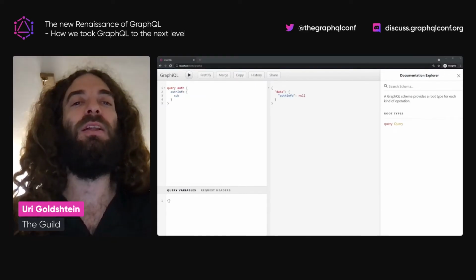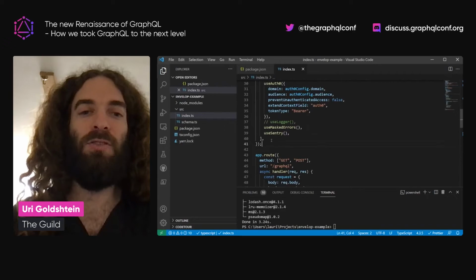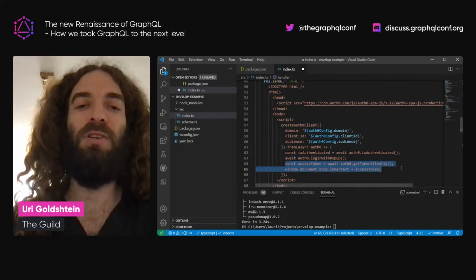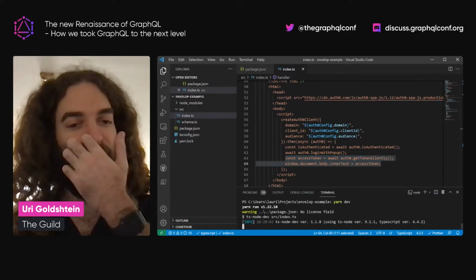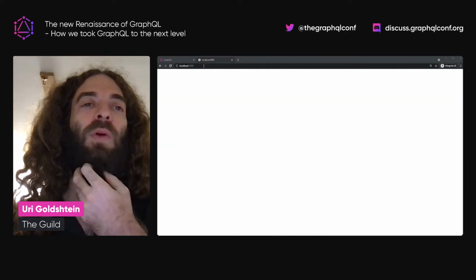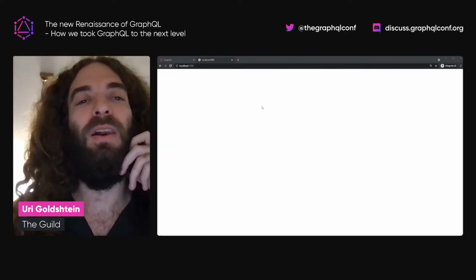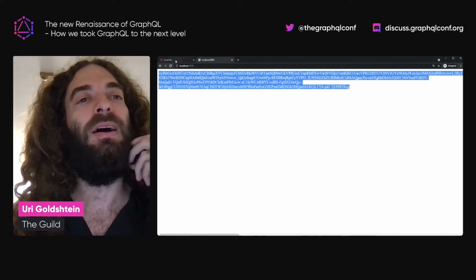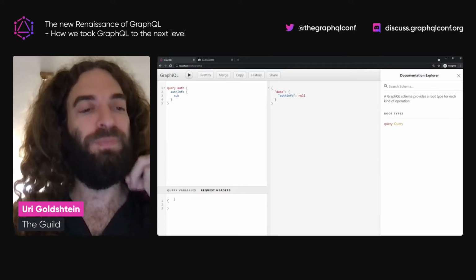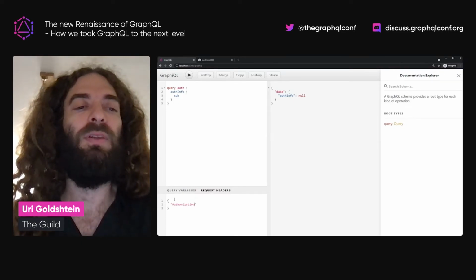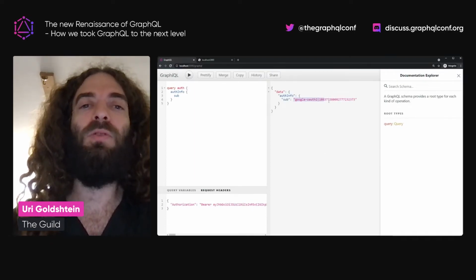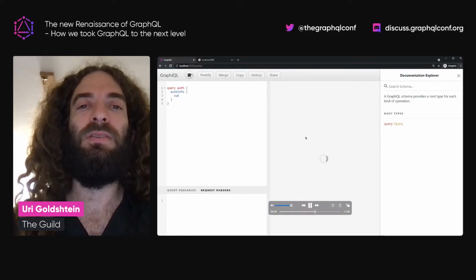You saw we just set it up with one plugin. Now we're trying to use something that we don't have permissions to. We're just exposing here, in a very ugly way, a way for us to mimic a login that we get the token for. And now, if we go to GraphQL and get the token and put it in the request headers, the plugin will do the work and give us the right thing.